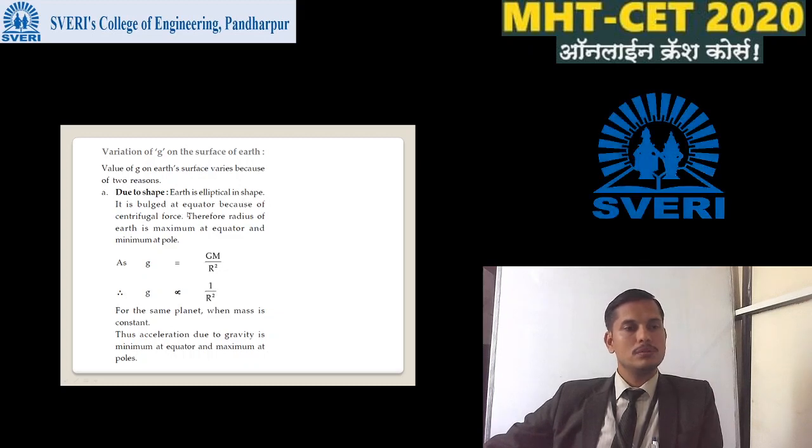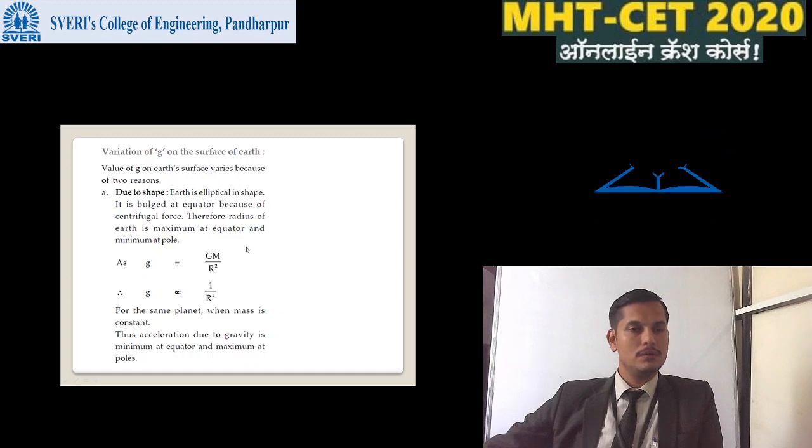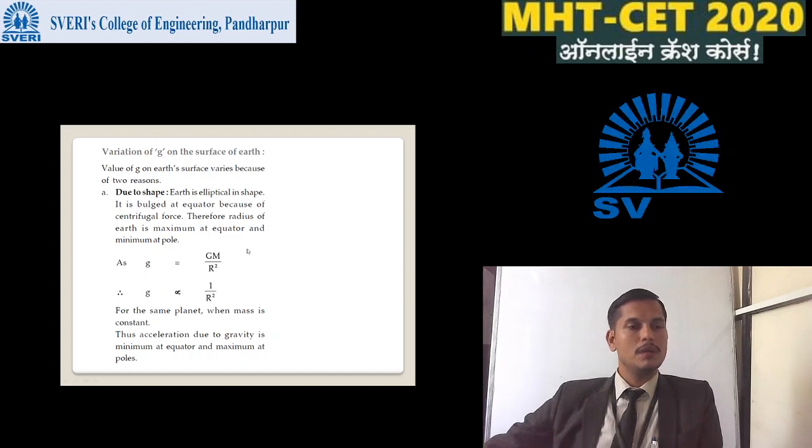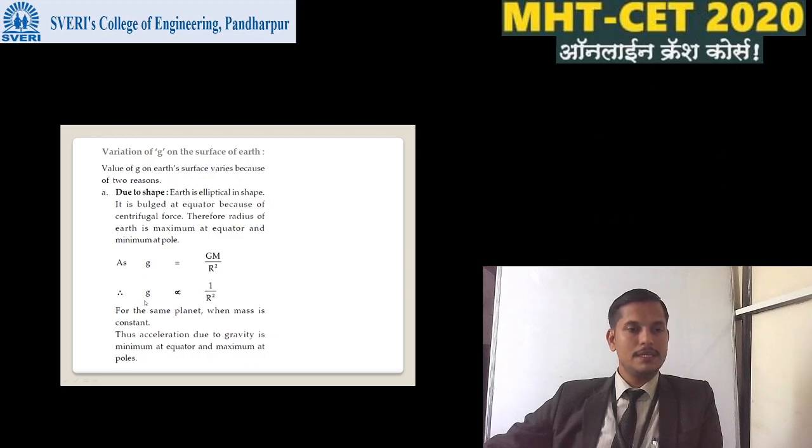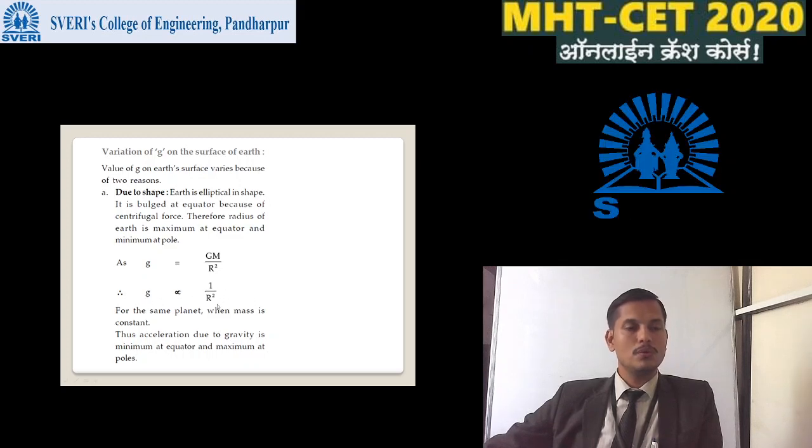Because it is bulged at the equator. The reason is centrifugal force. Therefore, the radius of Earth is maximum at the equator and it is minimum at the poles. So simply we are considering that g is inversely proportional to the square of that radius. So for the same planet, when mass is constant, acceleration due to gravity is minimum at the equator and maximum